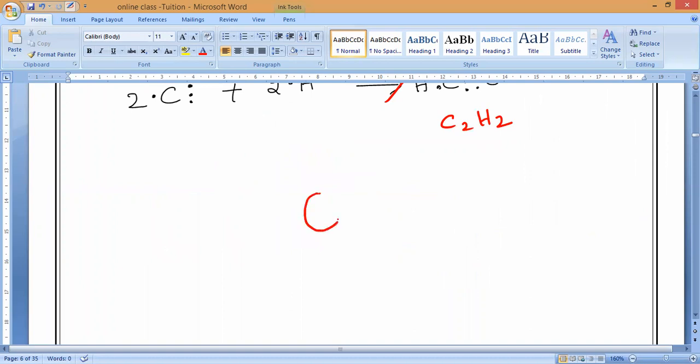Now if we see the structure, this is one carbon atom and this is one carbon atom. The middle triple bond will be there, and on this side, who will be there? That is hydrogen atom and hydrogen atom. Is it okay, guys? This is carbon, and this is hydrogen and hydrogen. This is the structure. The middle big one represents carbon and the small one represents hydrogen. Any doubt? Clear? This is all about it.